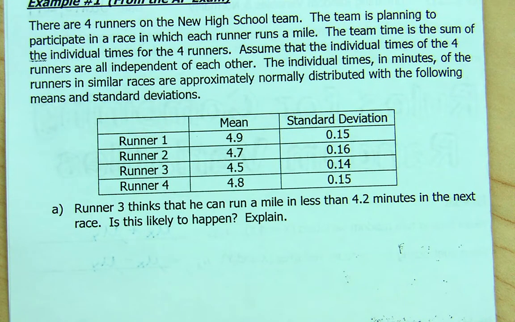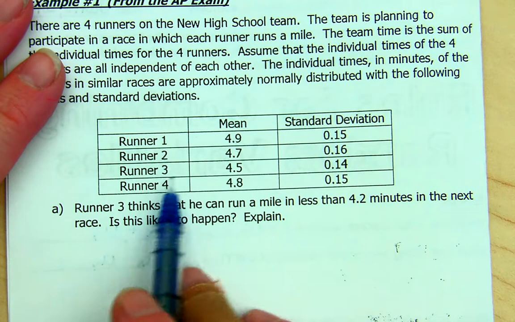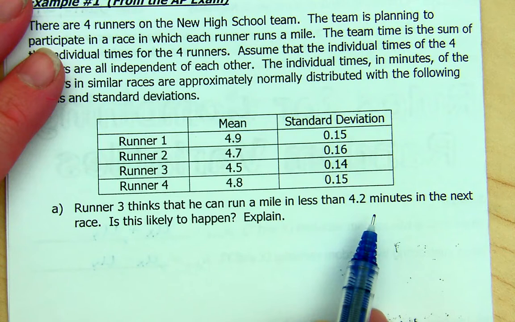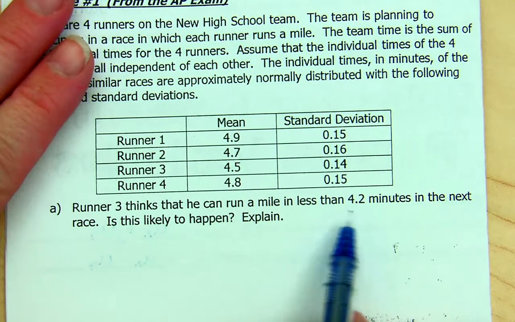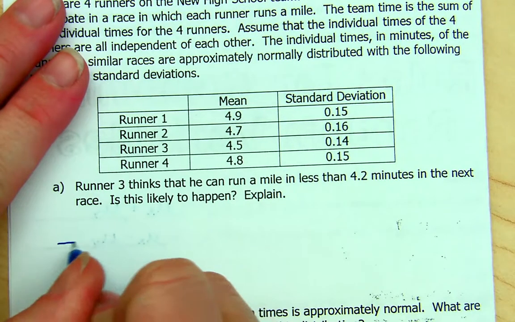So, the first part, it says runner 3, so this one right here, thinks he can run a mile in less than 4.2 minutes in the next race. Is this likely to happen? So we're just wanting to know what is the probability that runner 3 can run the mile in less than 4.2 minutes. So all of those things that you needed to include before, you still need to include. You need a sketch, you need to show your work, and you need an answer in context, just like you did before. So if we draw a sketch,